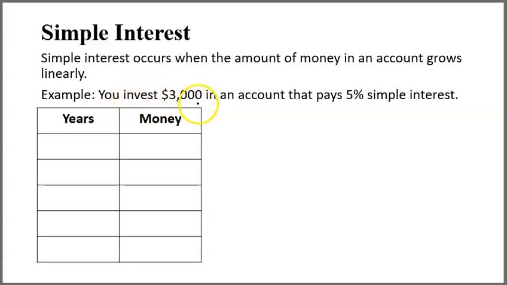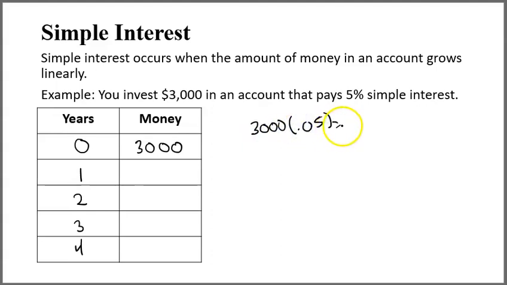You invest $3,000 in an account that pays 5% simple interest. Usually you get paid once a year, so we're going to have our 4 years, and our amount of money starts at $3,000. So what happens is, we're going to figure out what 5% of 3,000 is. I'm going to take 3,000, multiply that by 5%, which is 0.05, and that gives me